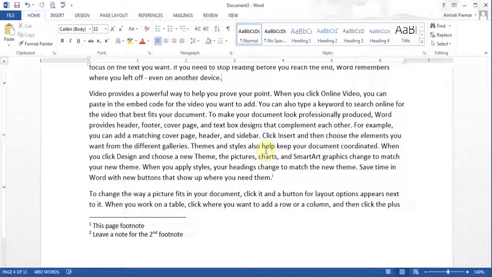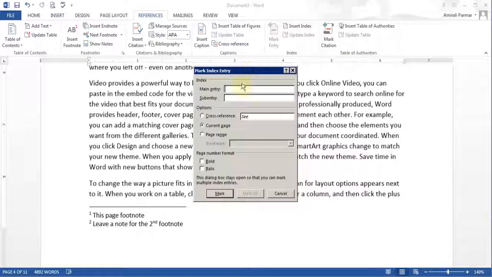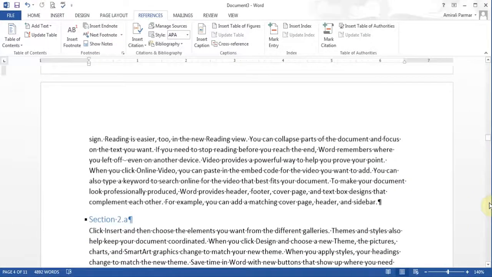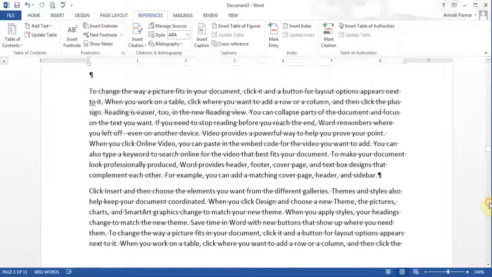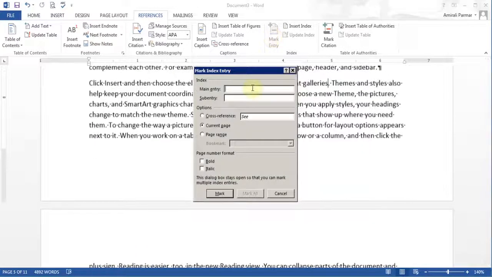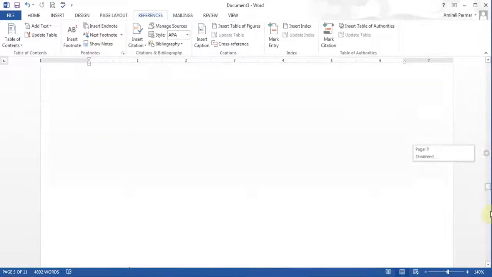So just to show you quickly, say I'll just click up here maybe, and I'll add an index, Mark Entry, and from References, Mark, close this. Let's see, I'll see some more maybe. Okay, I'll do a gallery here, and I'll click Mark, and I'll close this. Now I'll just go to the last page,